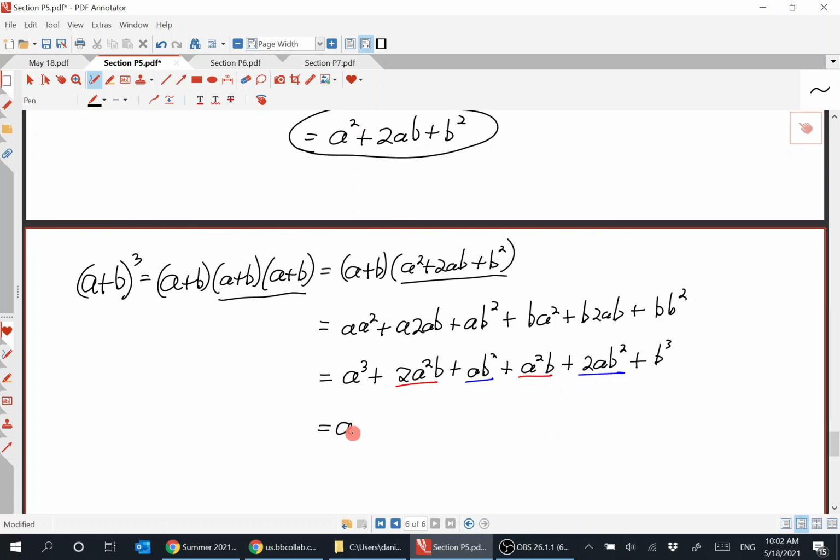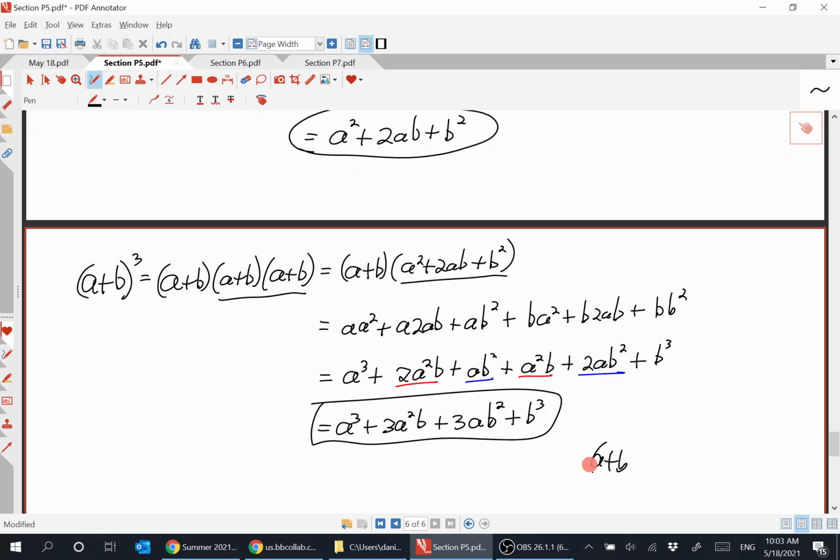All right, so we've got a to the third plus 3a squared b plus 3ab squared plus b to the third. So a plus b to the third is not a to the third plus b to the third. It's